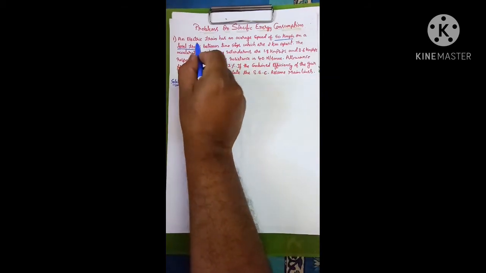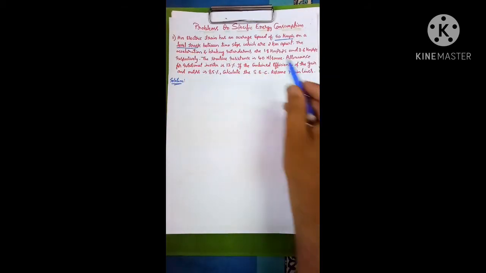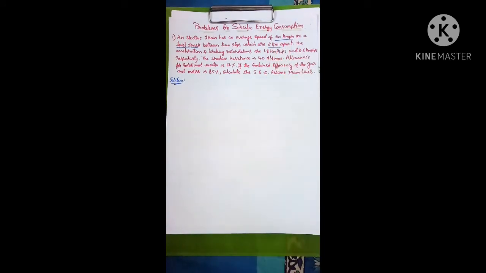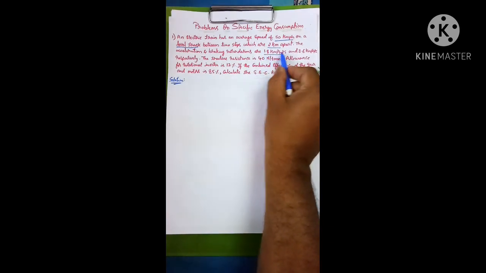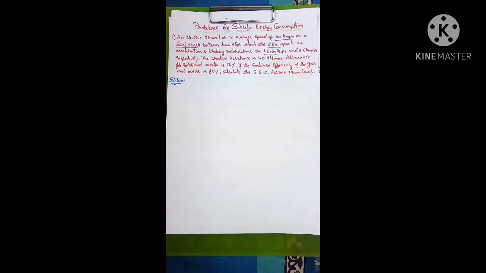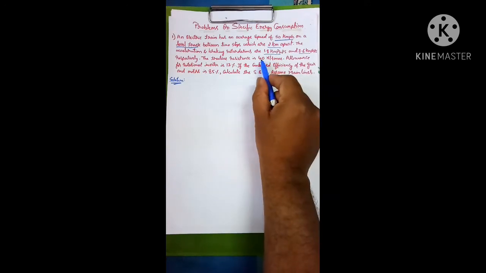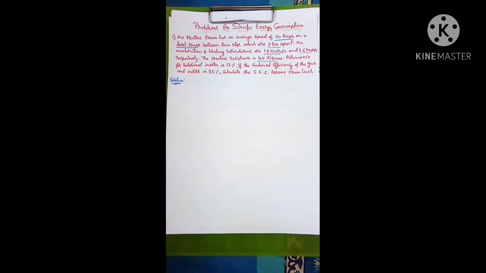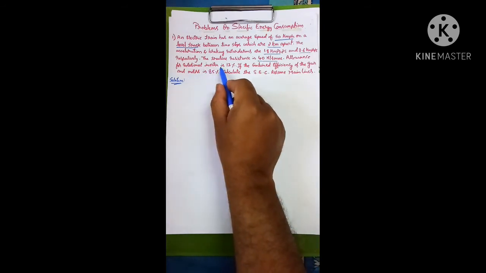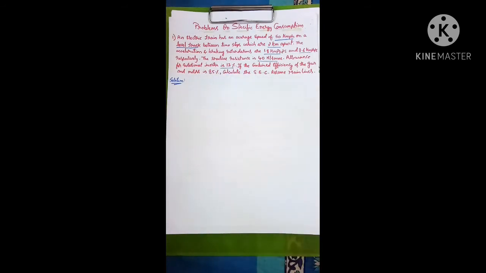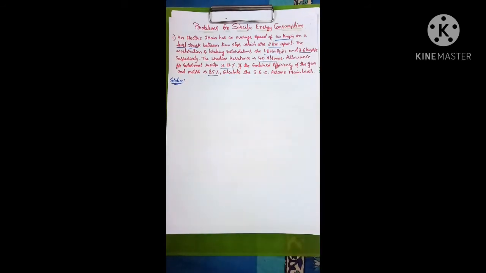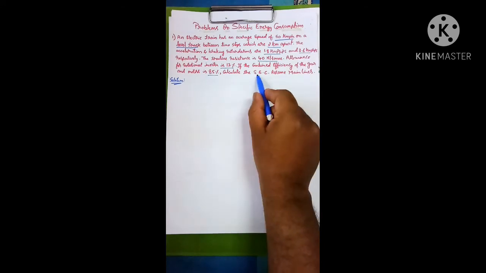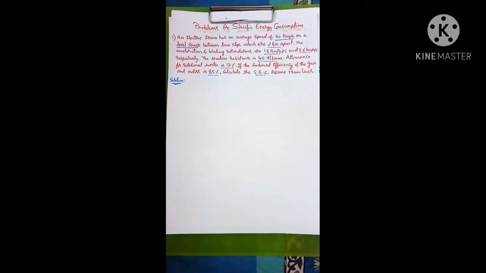See, this is an important term, level track, between two stops which are 2 km apart. So the distance is given. The acceleration and braking retardations are 1.8 and 3.6 respectively. The tractive resistance is 40 Newton per ton. The allowance for rotational inertia is 12%, that is WE. If the combined efficiency of the gear and motor is 85%, calculate the specific energy consumption. So you need to find out the specific energy consumption.